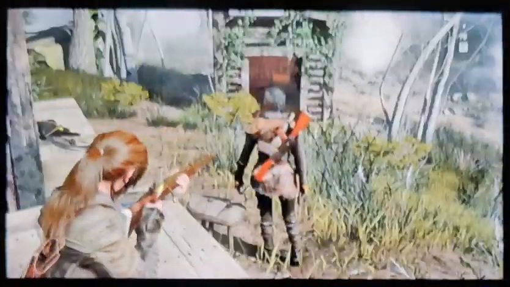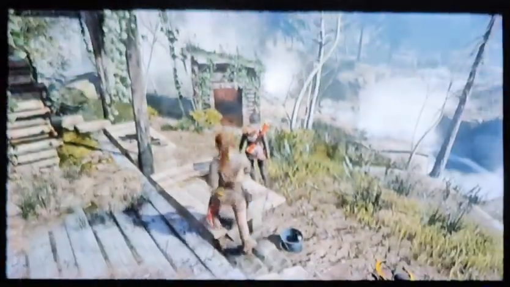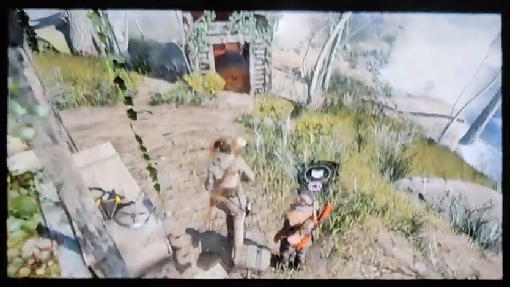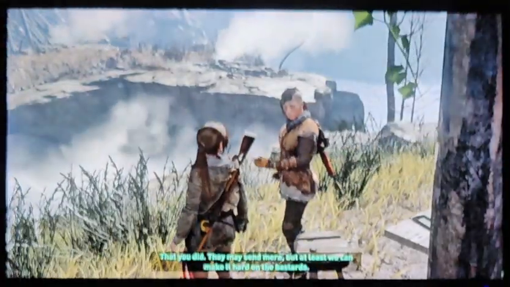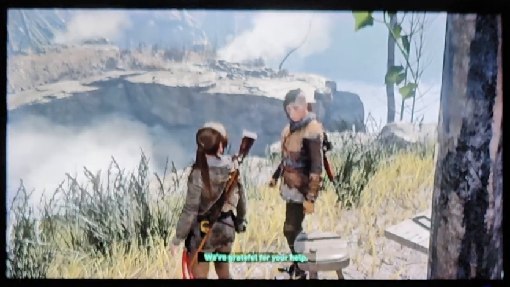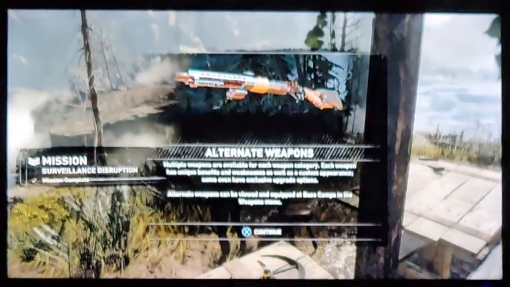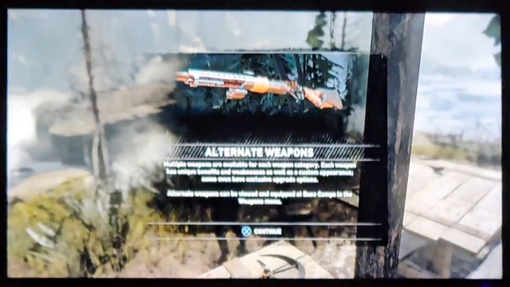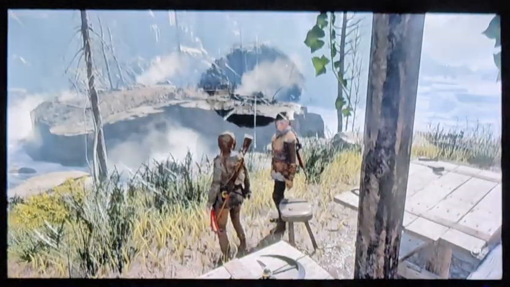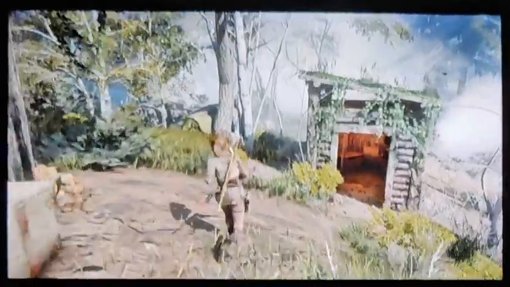But when you put your cursor towards people, the gun won't fire, okay? Even if you try to say, oh, I want to kill you, it won't allow you, alright? So once you've done that, talk to her. That you did. They may send more, but at least we can make it hard on the bastards. We're grateful for your help. Alright, so now you'll collect the part of the bow, and also it gives you a similar part of the gun. Alright, so you'll have a mission complete for that. Alright, and once you're done with that,